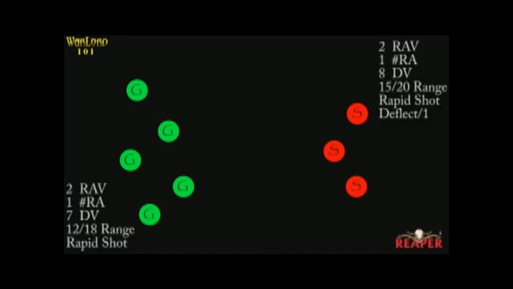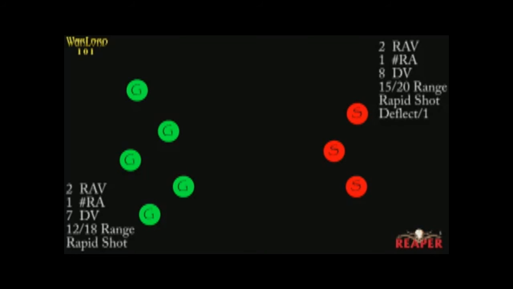As a quick reminder about some of the stats and the mechanics, to shoot, we'll be rolling a d10 per model, adding their ranged attack value to it. What we want to hit as our target number is the DV, the defensive value of the model you're shooting at. For range, if you are equal to or under the number before the slash, you don't take a penalty. If you're over the first number, in the case of the goblins, if they're more than 12 inches away but less than 18, they can still shoot, but they're -1 on their shots. Rapid shot gives you an extra shot, but all of your shots are going to be a -1 when you're